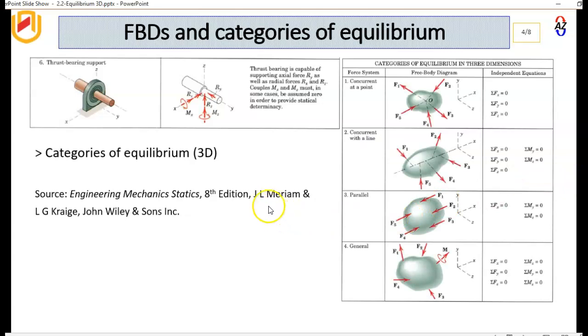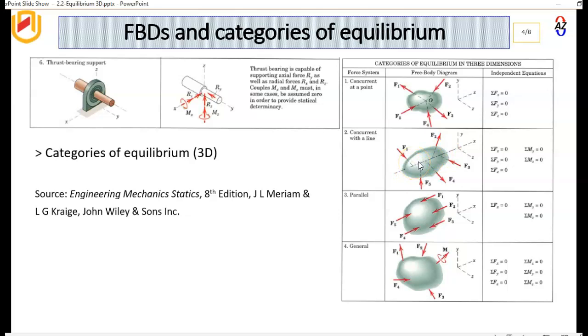Then for categories of equilibrium, we have concurrent at a point. The forces meet at a point O. In this case, we have F1, F2, F3, F4, and F5. They meet at a point O. Then we say summation of forces in the X, in the Y, and the Z is equal to 0. If they are concurrent on a line, then it's the summation of forces in the X, Y, and Z equal to 0,